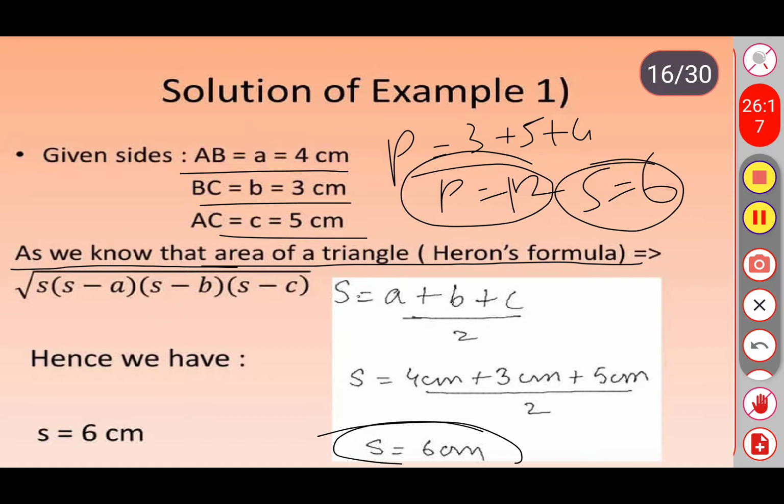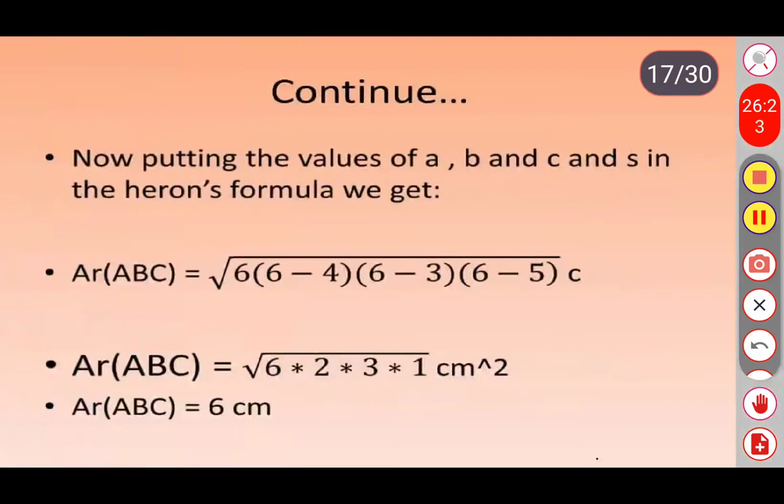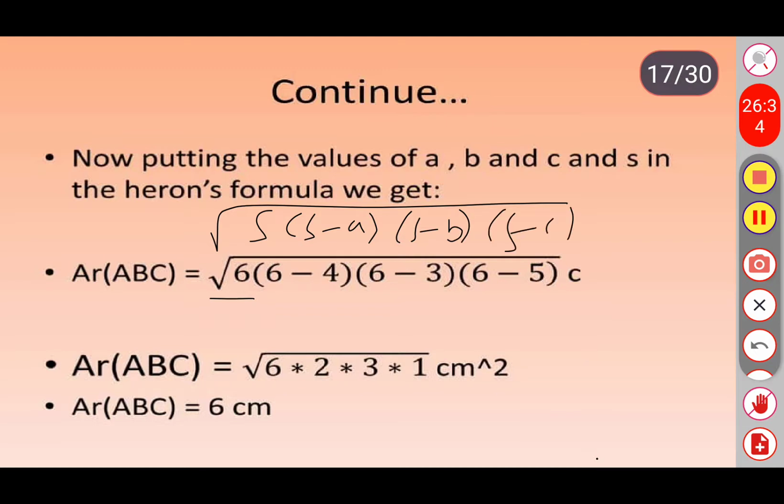So substitute these data in the formula and calculate. The formula is S into S minus A into S minus B into S minus C, right? The semi perimeter is 6 centimeter. S minus 4, where 4 is the first side length, S minus 3, and 6 minus 5, where 3 and 5 are the remaining two sides of the triangle. So 6 write as it is, 6 minus 4 is 2, 6 minus 3 is 3, and 6 minus 5 is 1. Therefore